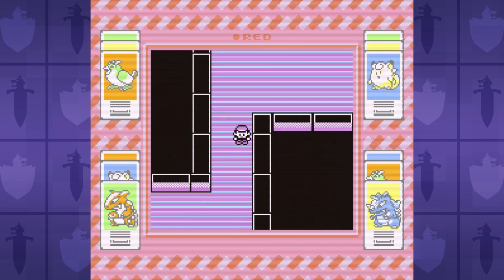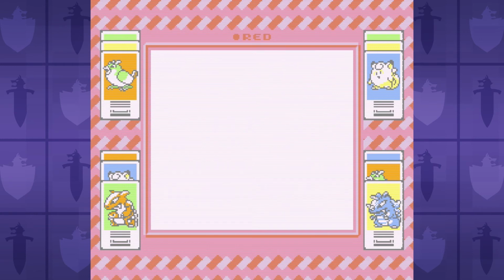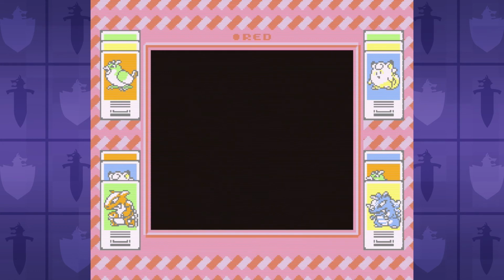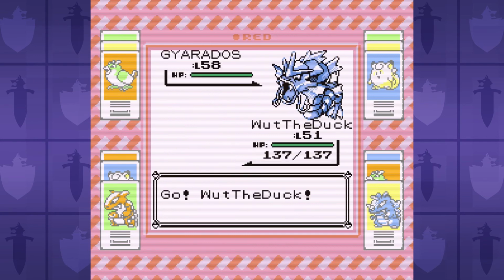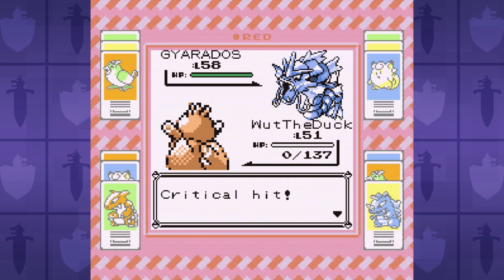Lance by comparison is much easier, although not free like Bruno. He's still definitely a challenge. His lead Gyarados crit my Farfetch'd with both Hydro Pump and Hyper Beam several times while we were trying to set up. On one attempt, I even needed to set up another Agility against his Dragonair, and it knocked us out with Dragon Rage, which always does 40 HP, but since Farfetch'd has so little HP, it actually is a